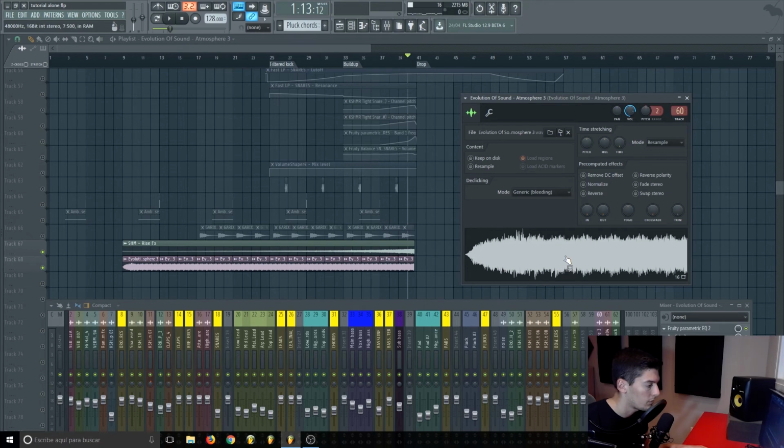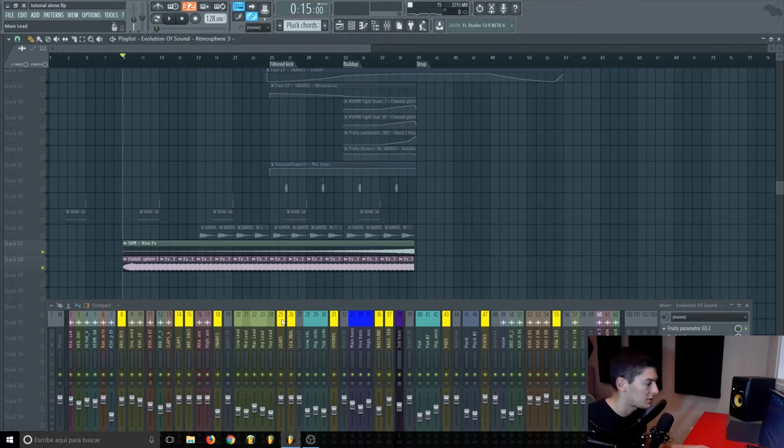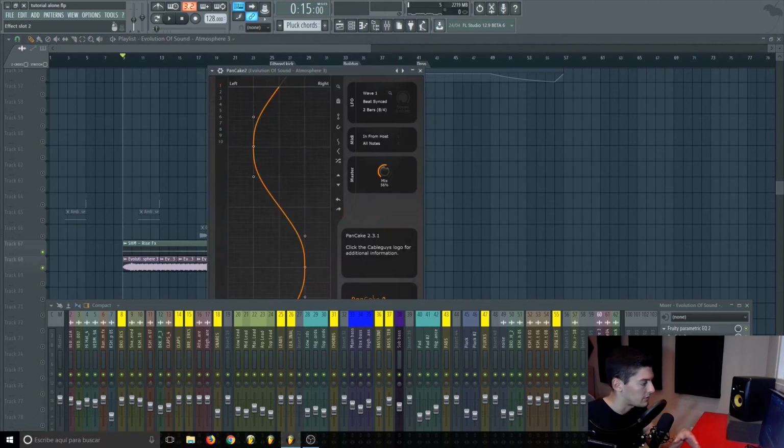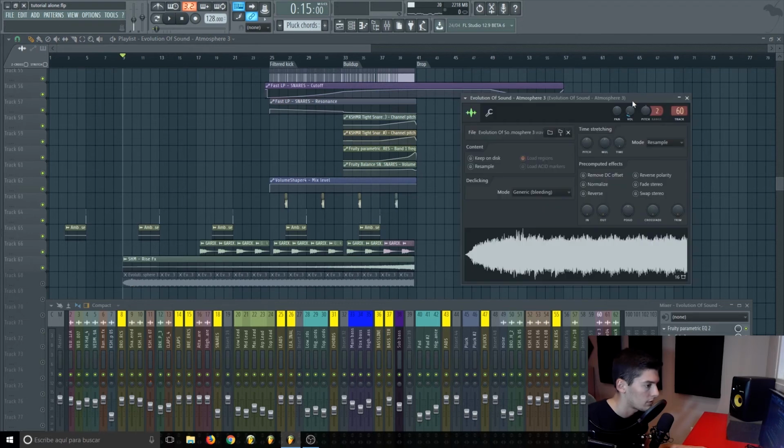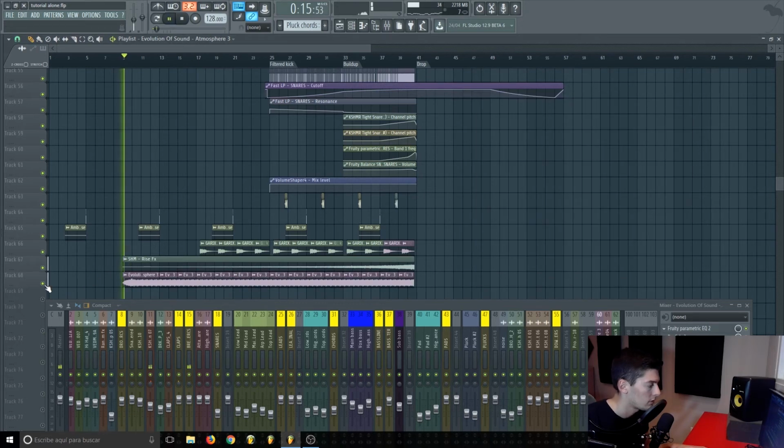Let me boost the volume. Right, this is a crowd effect because it covers a lot of space. It has just an EQ and a panning, so you go left and right. So if we put everything together without this, with this,